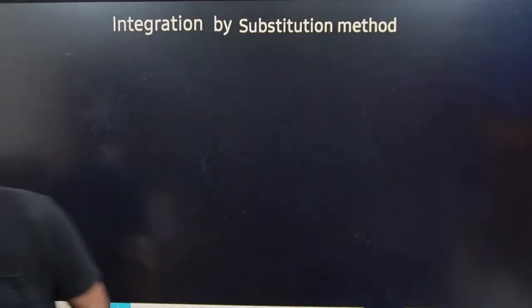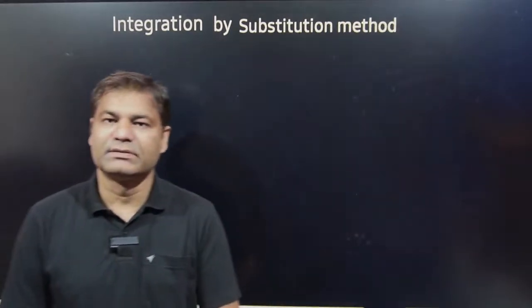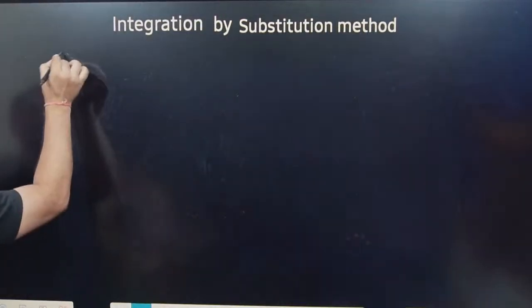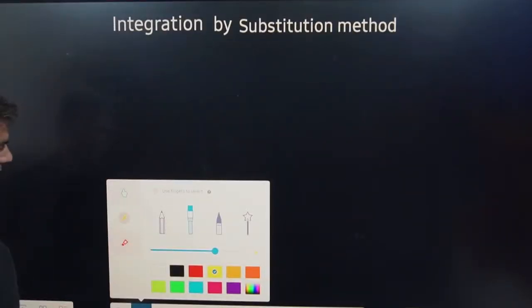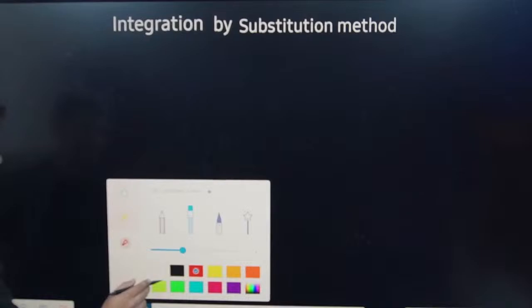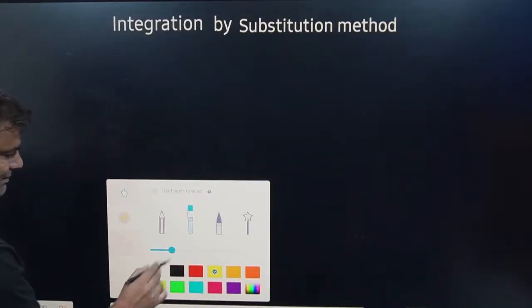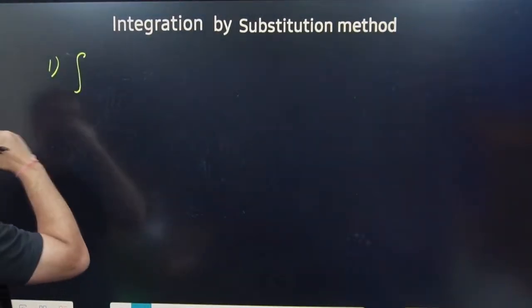Now, how can you start? Now we have focused on integration by substitution method based on some problems corresponding to if this one is given. Now today we will focus on how we can solve integration